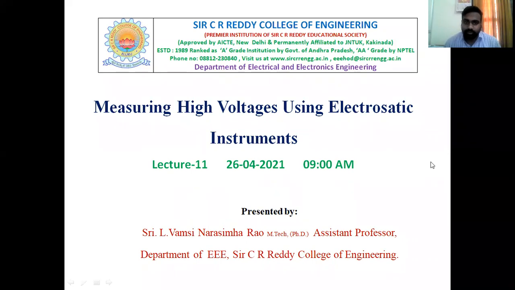Okay, so a PMMC instrument will create the deflection torque with the help of magnetic effect. An MI instrument also creates the deflecting torque with the help of magnetic effect. But in the concept of electrostatic instruments, we create the deflection torque with the help of a static electric field. That means the attraction force or repulsion force is created with the help of a static electric field.